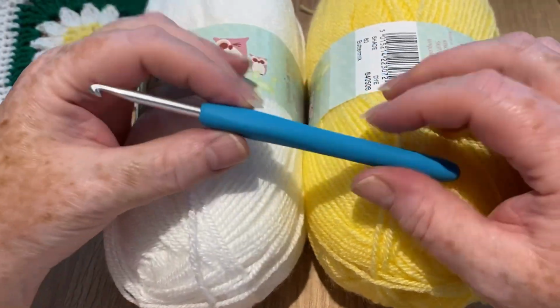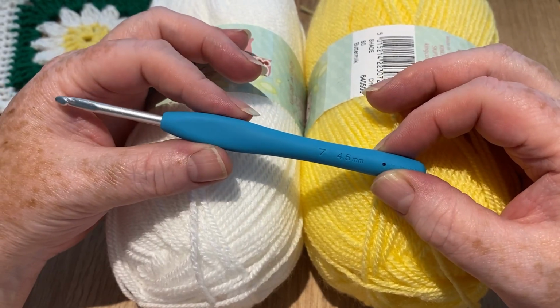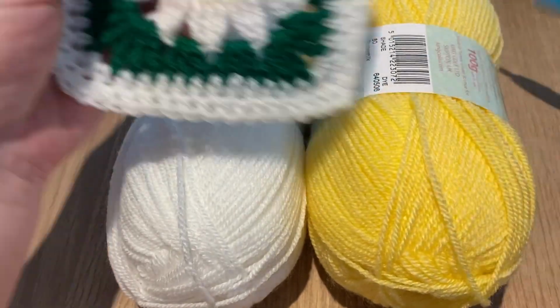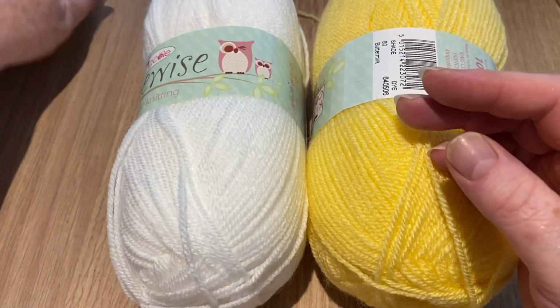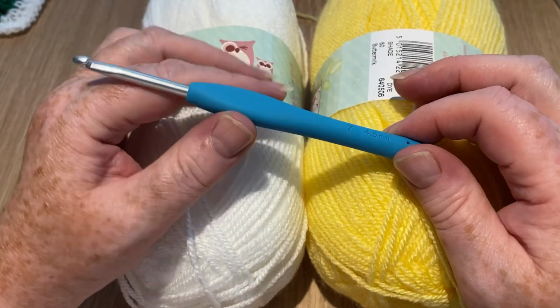I'm using a 4.5mm crochet hook. You can use a 5 if you want to. It's not tight, but it's quite close work. So 4.5 I prefer. Now these are Clover and Moors, and at the moment I'm trialling these with a view